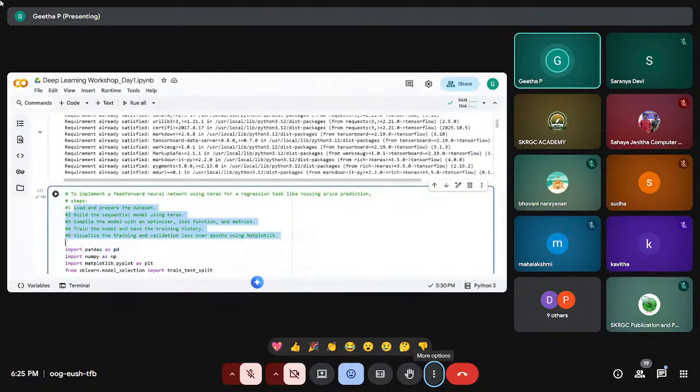First, we load and prepare the data set, which I have mentioned here. After that we build the sequential model using Keras. The sequential model is one layer after another, so you can build a neural network with a sequence of layers. That is why we use a sequential model. Next, we compile the model with an optimizer, loss function, and metrics. Finally, we train the model, and after training we can visualize the results and validation over the loss function. Here we use pandas for data frames,